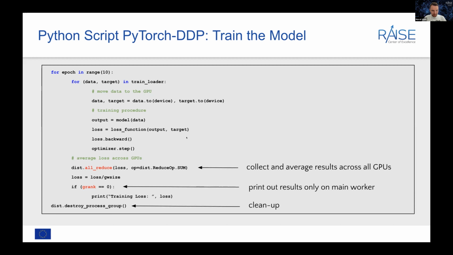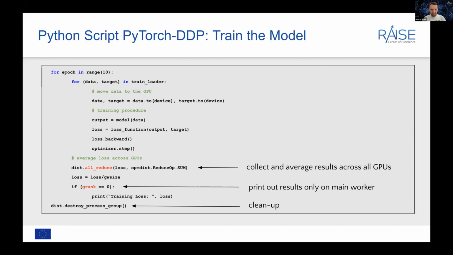The all reduce function, where you need to collect the results from all GPUs, is a bit different here. And what I show you here is actually a simplified version of it. So here we need to specify which operation we want to do with all reduce.